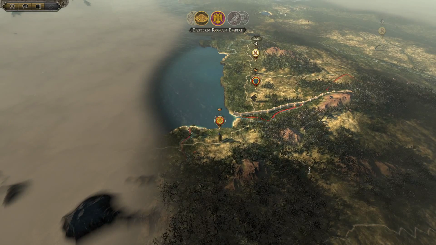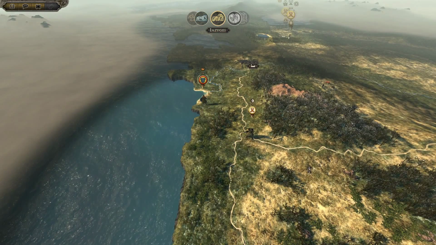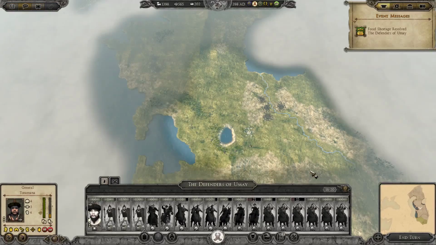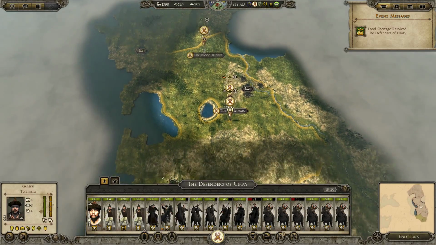Here comes the Sassanid, so maybe pulling back was a pretty good idea, because we want them to try and find us. And you come up that way. And what I'm going to do is just let this guy...